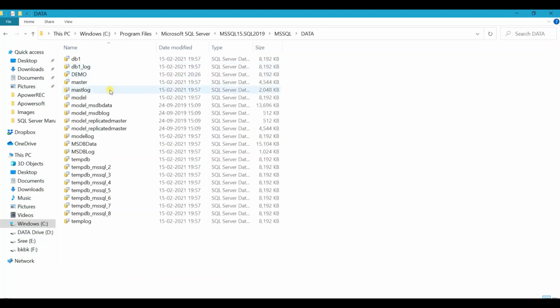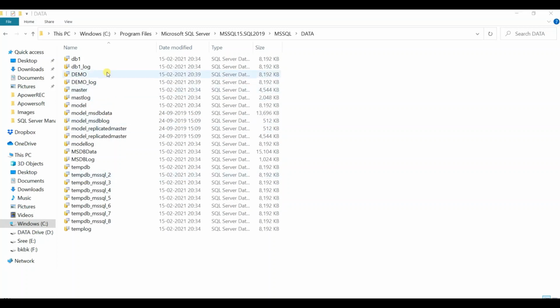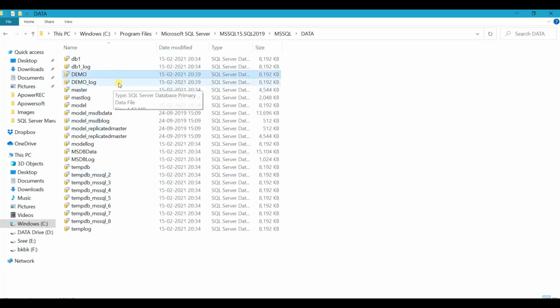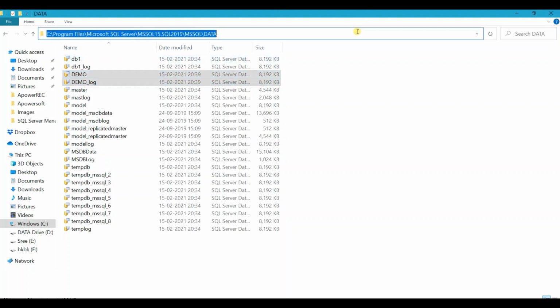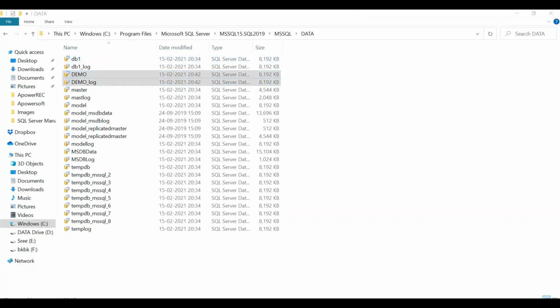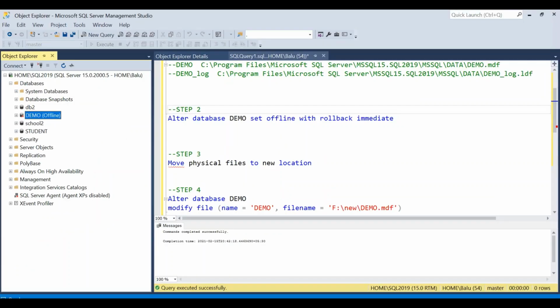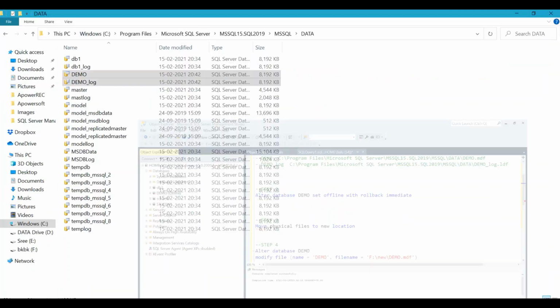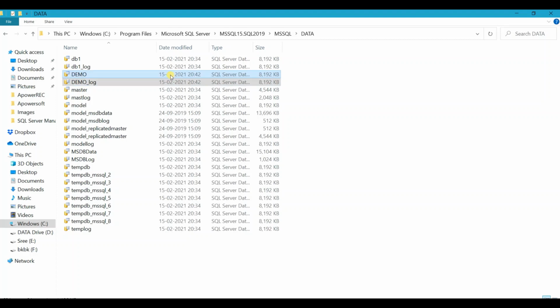So here is my data file, and here is my log file. So this is located in my C folder. So as per our step 3, we are going to move these files from C drive to F drive. Just cut them